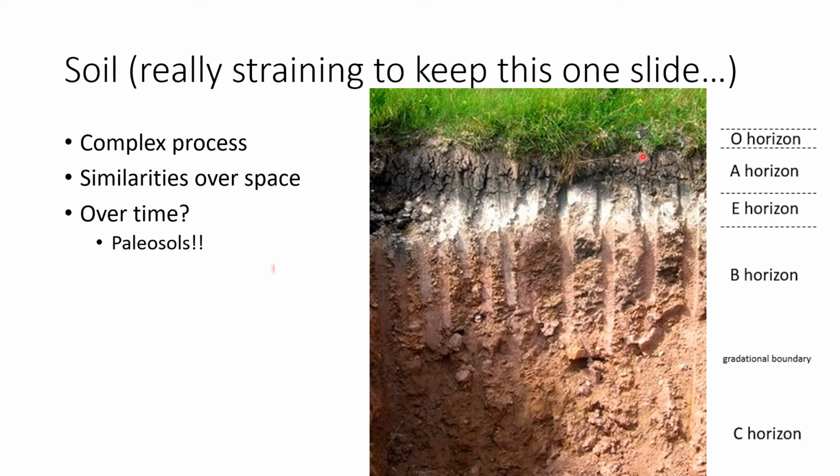But anyway, there are complex processes, but they tend to make a very similar soil profile everywhere. So you've got an organic horizon up top, where your dead grass, maybe even your living grass, and your root zones and stuff like that are. Then what's called the A horizon, you have partially decayed material sitting on the surface.